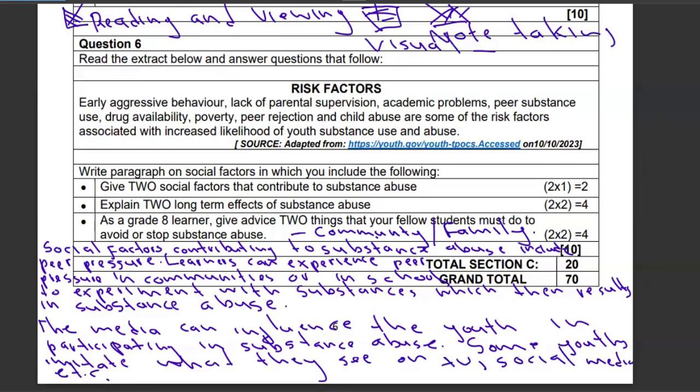Long-term effects of substance abuse include dropping out of school. That is a long-term effect of substance abuse. Dropping out of school starts by being distracted from school, then followed by being expelled because of substance abuse. Then it can also result in involvement in gangs,